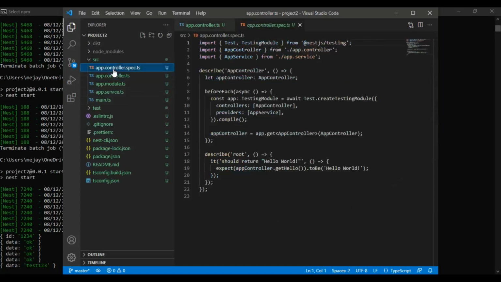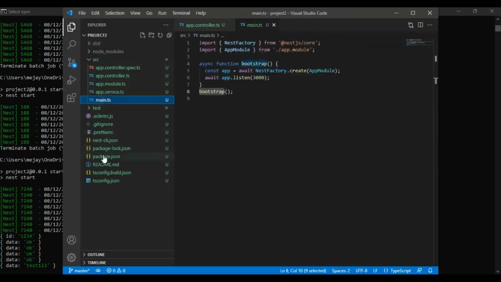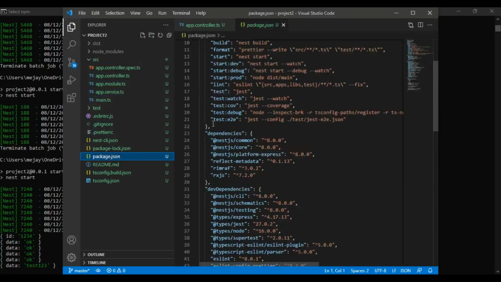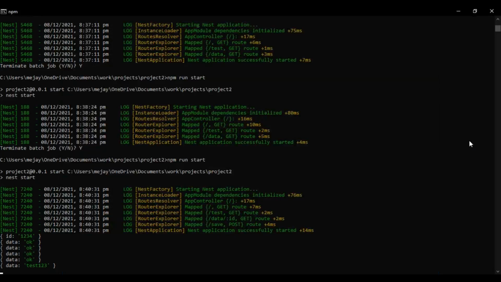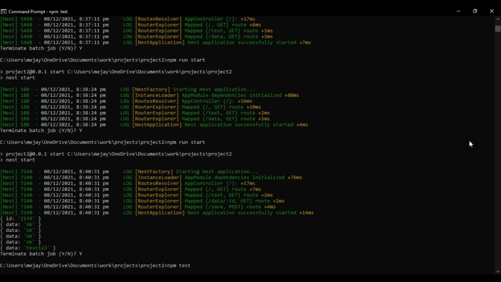So you can see there is a controller test also written. This is very useful to test individual code. And which framework is used to test? You can see the Jest framework is used for unit testing. So that also we can test. npm test.